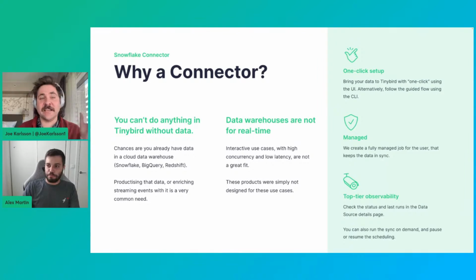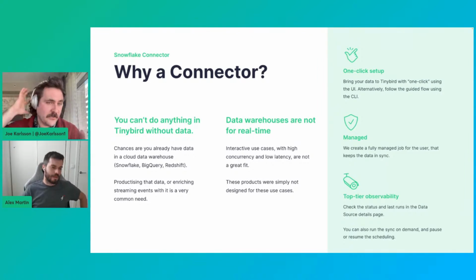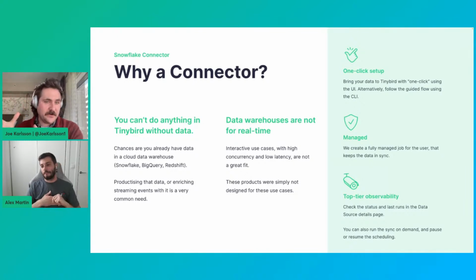So you're saying data warehouses are amazing for saving lots of data. But the key with Tinybird is that it makes it easier to get real-time insights out of a data warehouse, which can be really slow, clunky, and expensive to spin up for real-time workloads. Yes, it's very typical that if you're a data analyst and your boss comes in and says, "Hey, I want to know this thing, and I need these insights,"